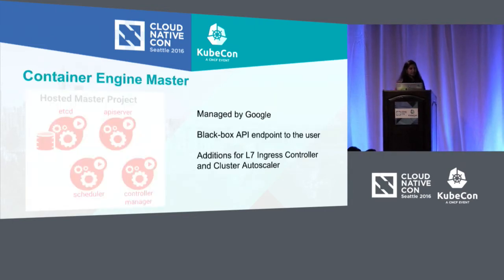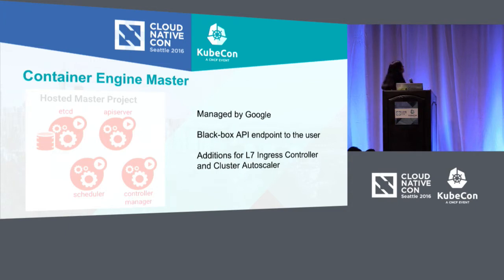So this is a picture of the master and some of the things that are on the master. It looks very similar for those of you who are familiar with running a Kubernetes cluster either on-premise or on GCE or on AWS. I don't think there's anything here that will surprise you. It's just that this control plane is managed by Google, and it looks like a black box API endpoint